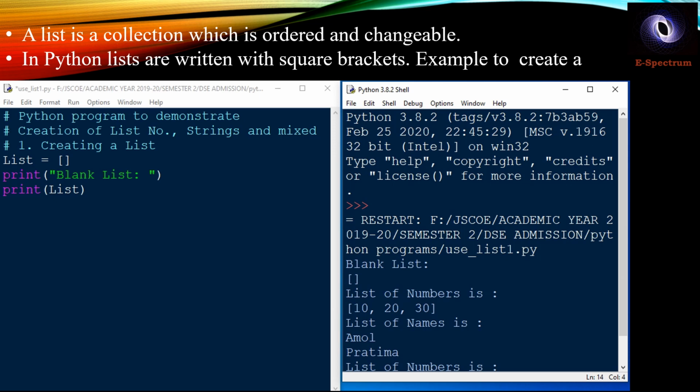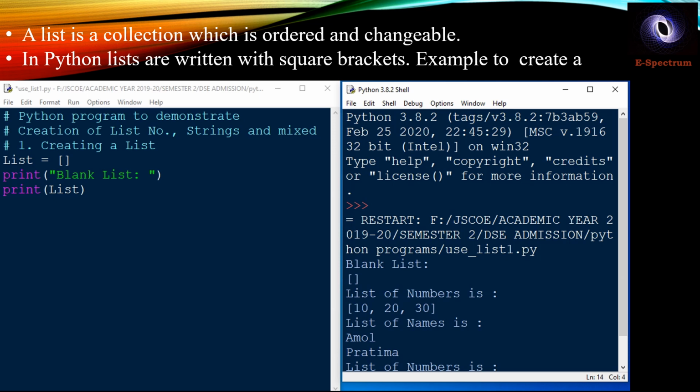Okay. So list is basically an ordered data structure, and you can store different types of elements in the list. It is not necessarily that it will include only integers, or only strings, or only floats, but multiple types of elements can be included. Let us look at the program of the lists to better understand the use.